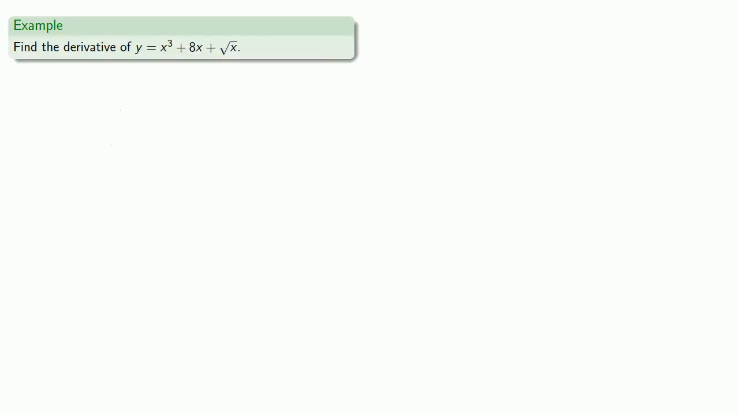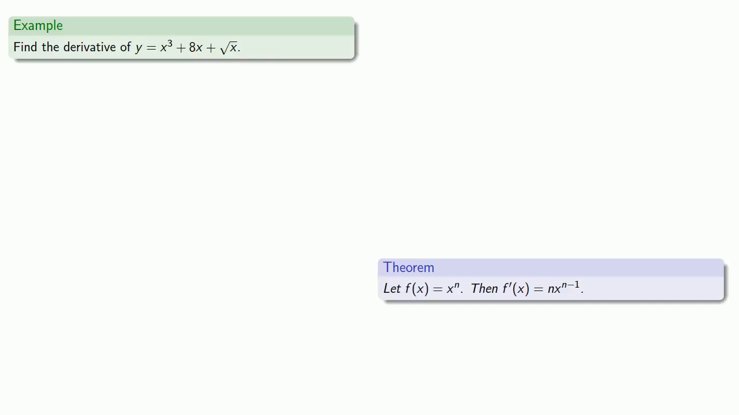For example, suppose we want to find the derivative of x cubed plus 8x plus square root of x. Now, if the only tool you have is a hammer, everything looks like a nail. In this particular case, the only tool we have is the derivative of x to the n. So we have to make sure that everything looks like a nail. We want to make sure that as many things as possible look like something to the power n. So x cubed is already x to the n. 8x can be rewritten as 8x to the first,